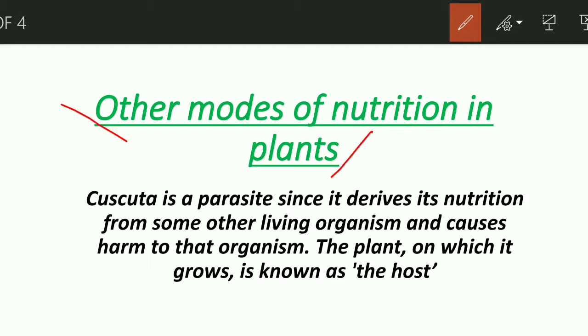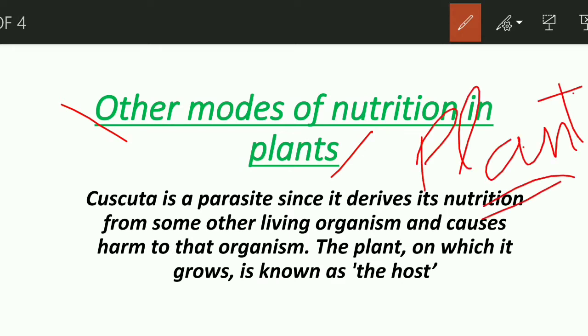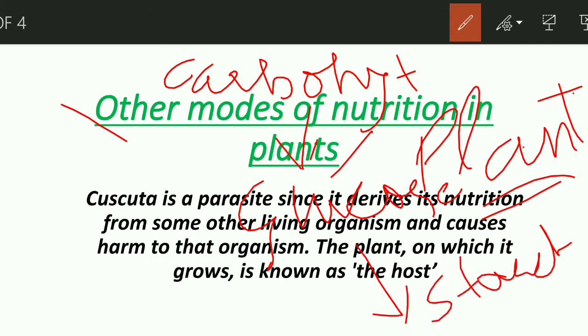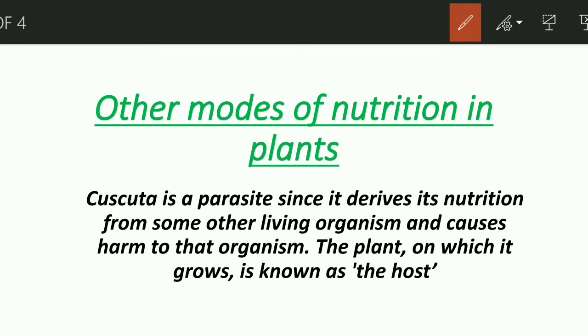Earlier we have studied that plants are autotrophs, which means they prepare their own food with the help of sunlight, carbon dioxide, nitrogen, and many other things, for example, water. And you know very well, my friends, that they prepare carbohydrate, and this carbohydrate is stored in form of glucose, and this glucose later converts into starch. And where does this all happen? This all happens in the leaves of plant.